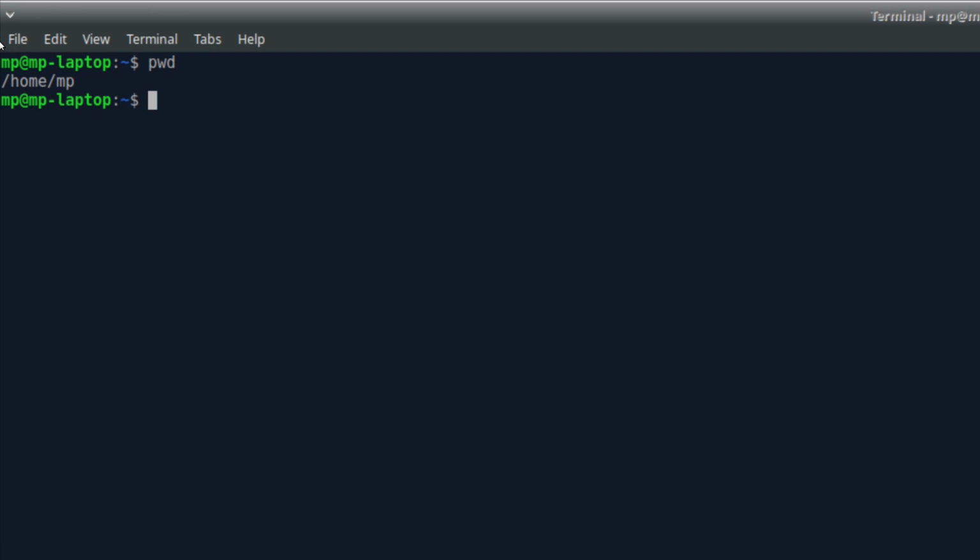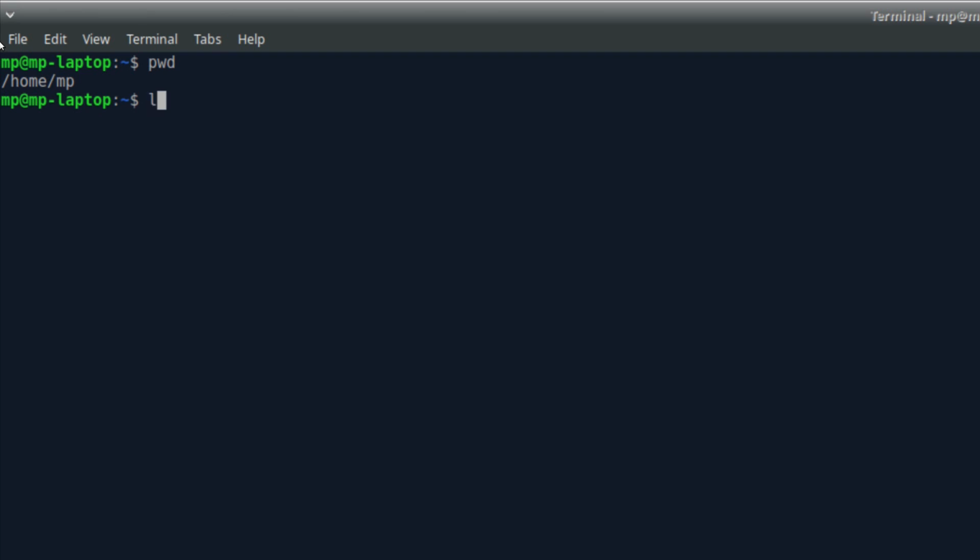Suppose you are in a project, then you might want to know your current directory and where the file which you are editing is. So this is a very useful command. The second command which we'll often use is the ls command to know how many files are there in your directory.